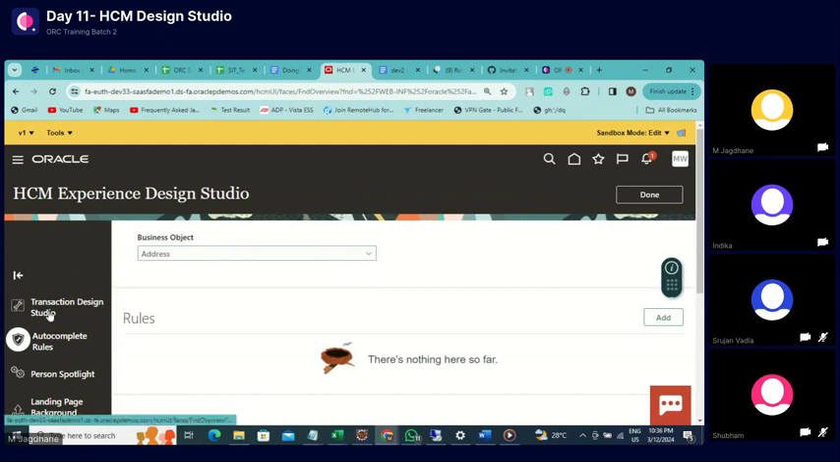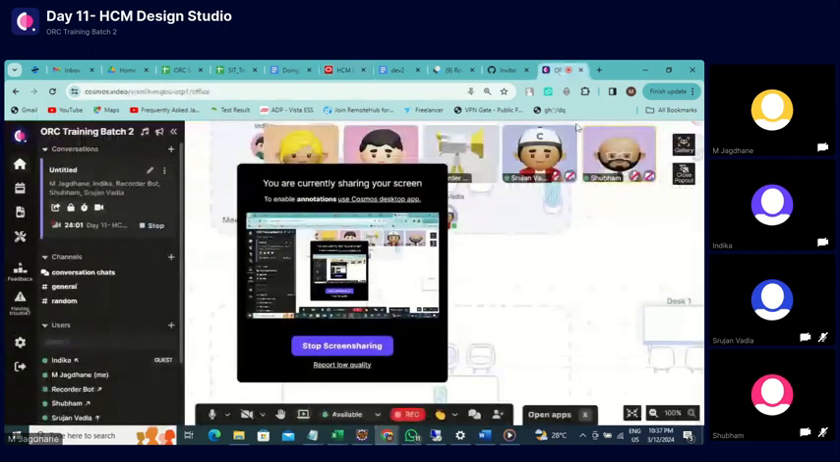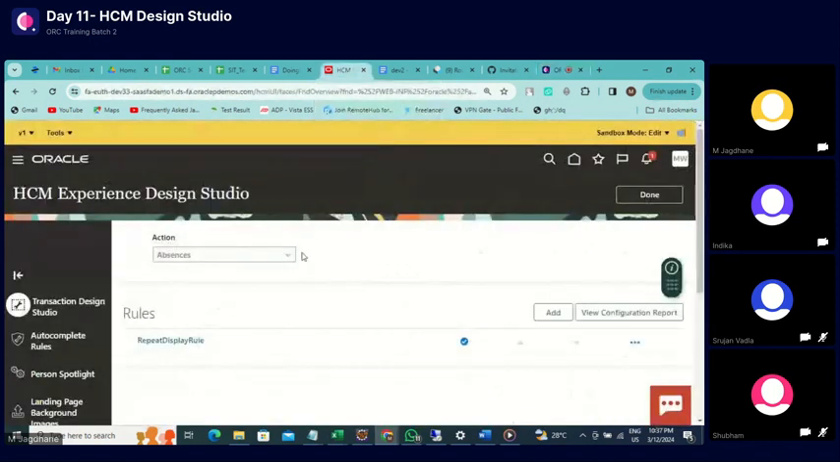Transaction Design Studio. Yes, and then you put a name, if I'm right, and yes, transaction. Yeah, others. Was there... it's add. Yeah, add. Okay, so next is